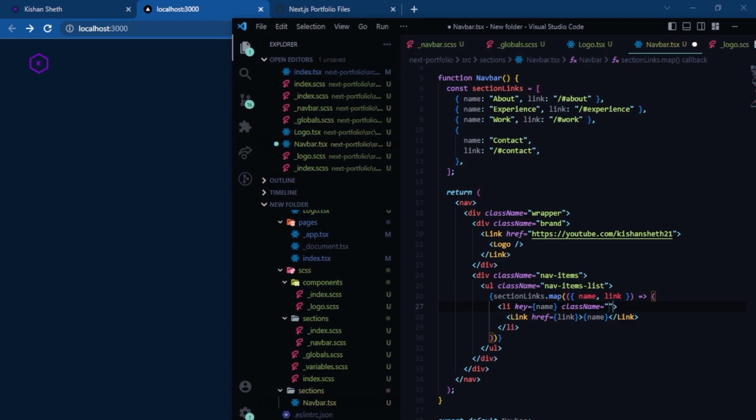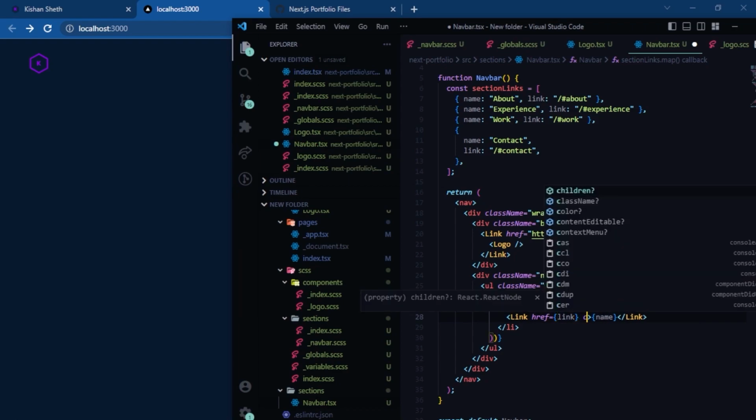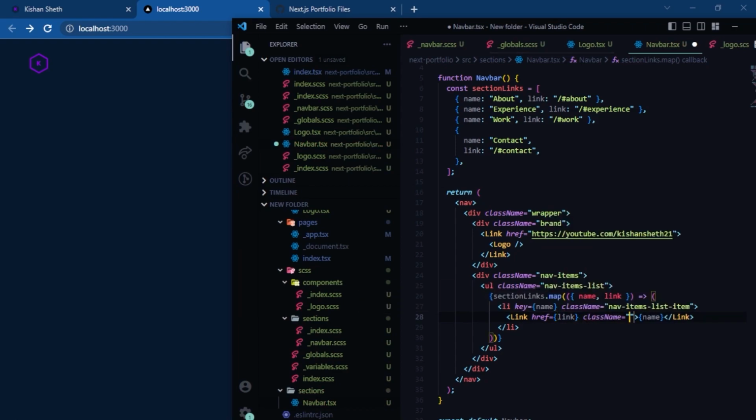So this is going to have nav items list item, and this is going to have a class name of nav items list item link. I think that's it